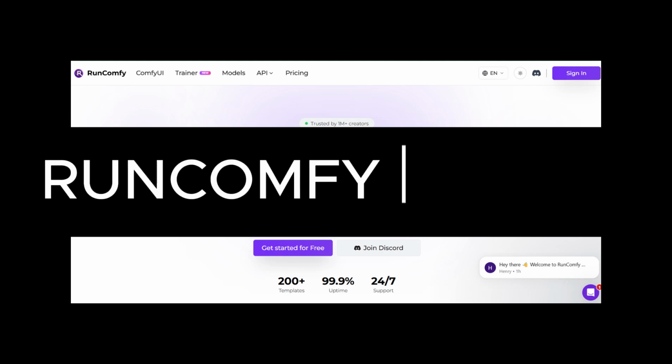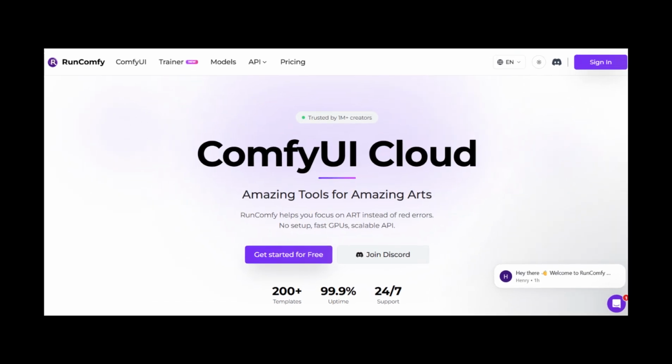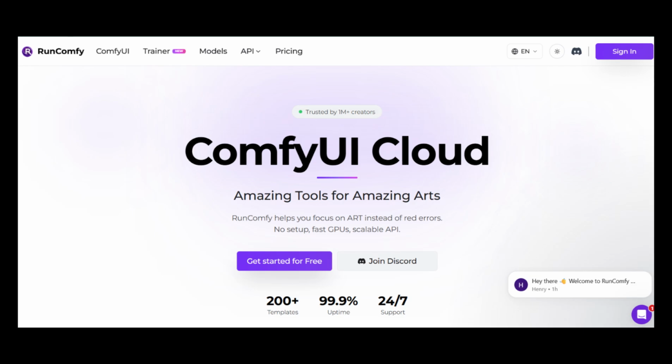What if you could run ComfyUI on an H100 GPU in your browser? No CUDA errors, no 3 a.m. driver updates, no $30,000 hardware investment? That's the promise of RunComfy. In the next 4 minutes, we're going to find out exactly what you get, what it costs, and whether it's